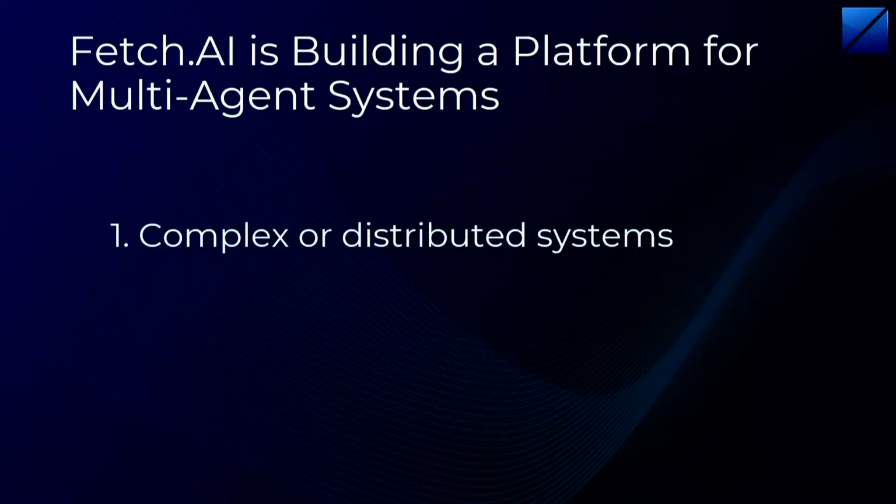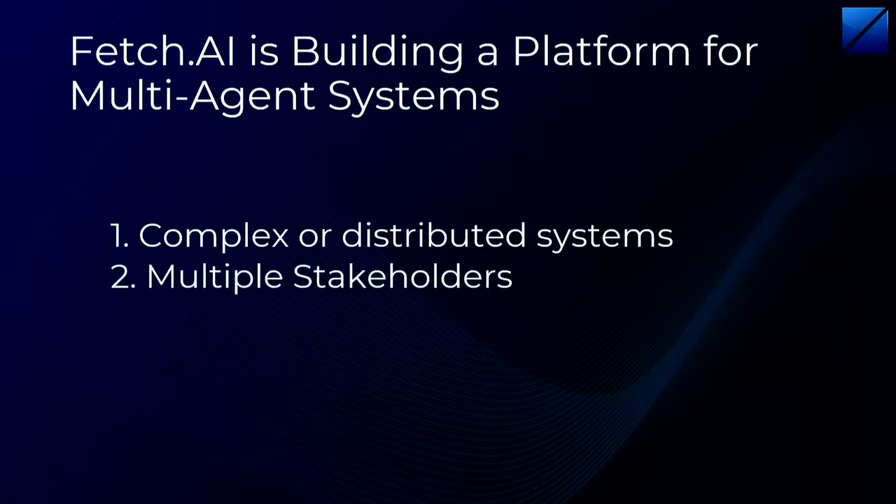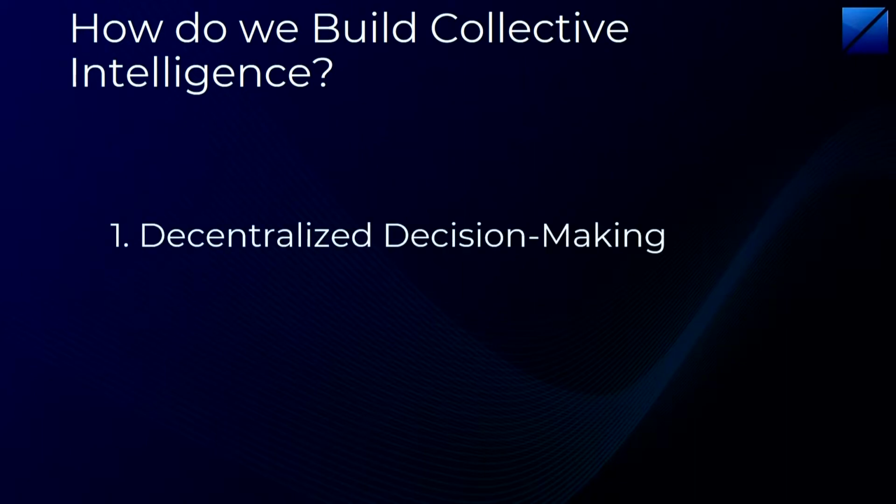Okay, so as I said at the start of the talk, what we're dealing with to a large extent is complex or distributed systems, so there's no feasible way of centralizing them, and they involve multiple stakeholders. As it turns out, this, as a field of research, has been studied for a very long time. And what you'll also get from looking at these two definitions is that it actually also covers blockchains themselves. The fact that we're thinking of blockchain as a multi-agent system is one of the reasons why we have an advantage in building a more efficient blockchain. Okay. So the question is, how do you build decentralized collective intelligence? One way is by decentralized decision making.